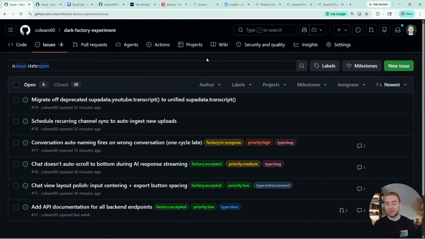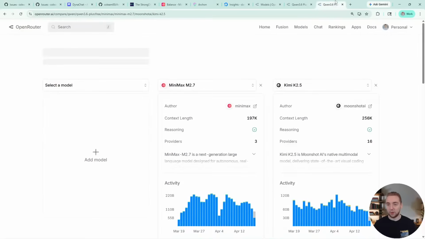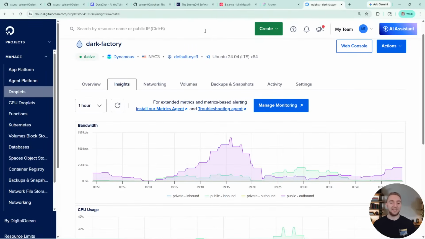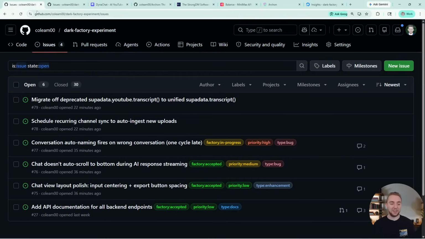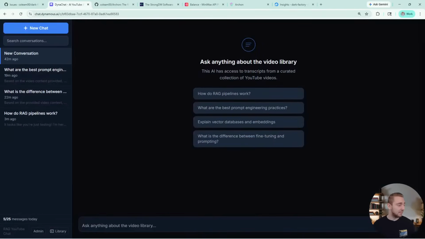So honestly, that could be another live stream for next week, as I could try running the Dark Factory with different models and see what kind of results I get with Minimax versus Kimi K2, Qwen 3.6, and GLM. Those are probably the four main ones that I would try. And then maybe you guys could even help me decide a fifth one that I try or something like that. That could be really fun. All right.